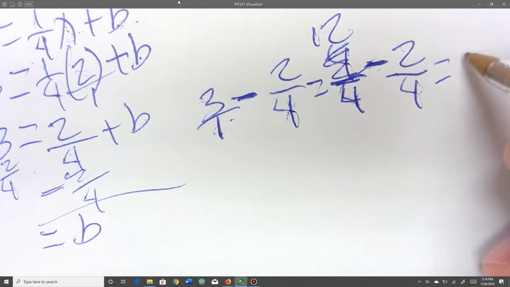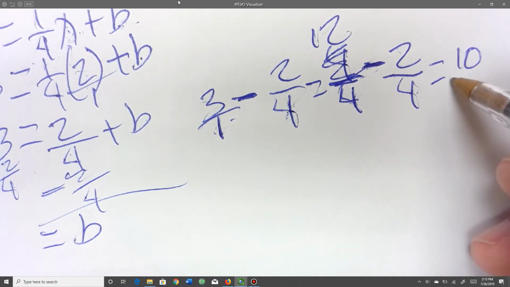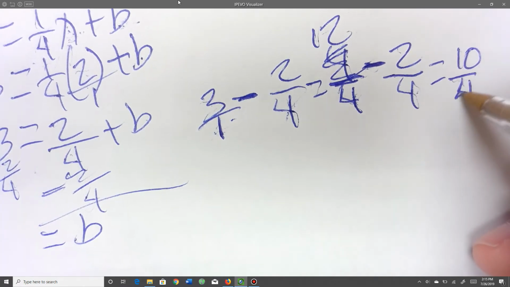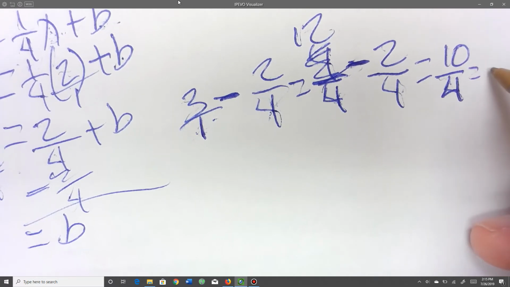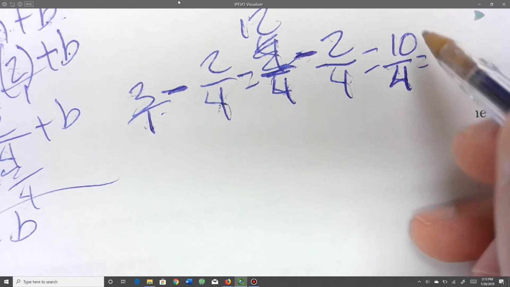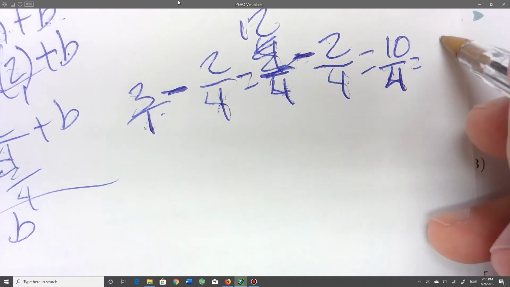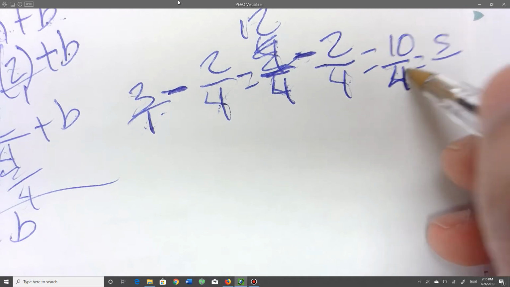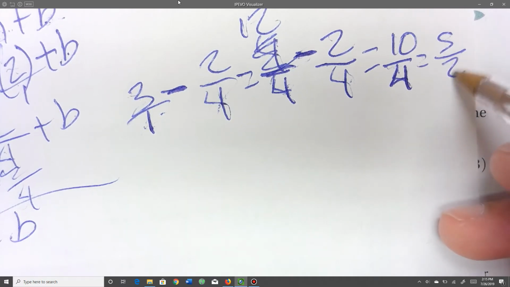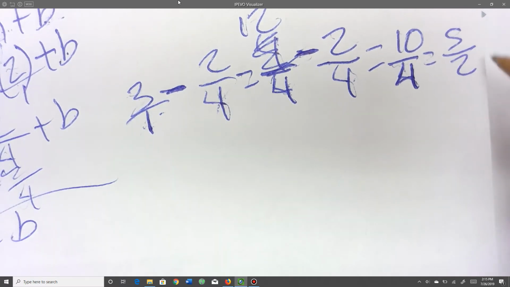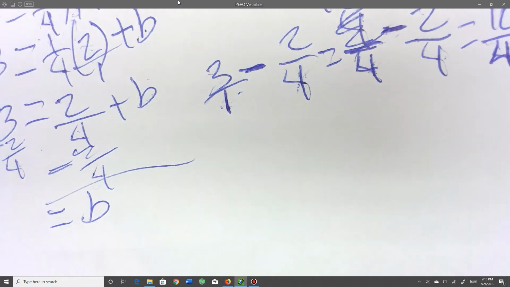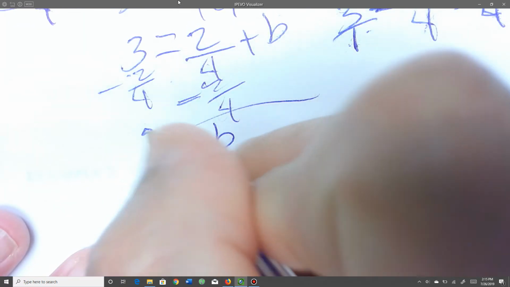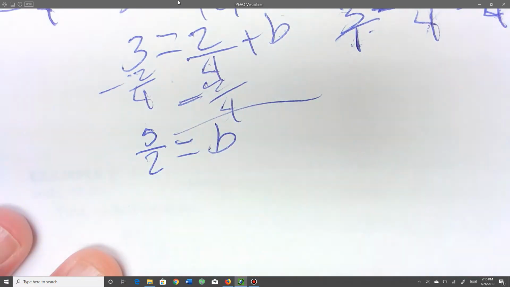12 minus 2 is 10 over 4, because you keep the denominator. Alright, so let's go ahead and simplify here. 10 divided by 2 is 5. 4 divided by 2 is 2. So 5 over 2, 5 halves. Let me go ahead and write it here. 5 over 2 is my new